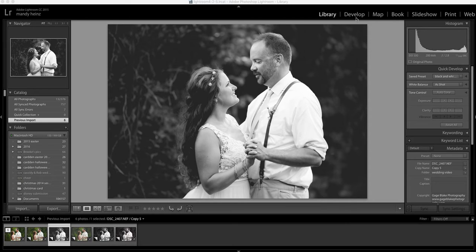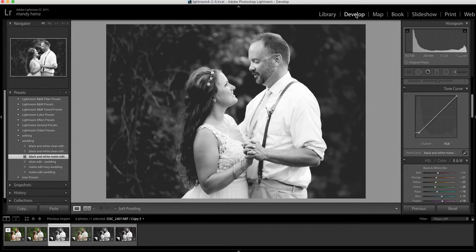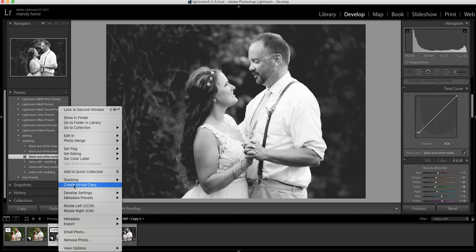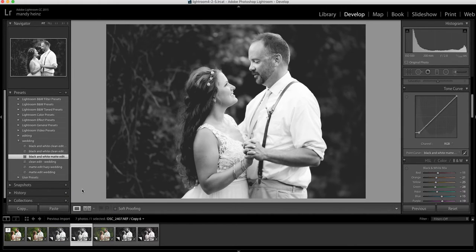I'm going to show you how to do a hazier matte black and white edit. This is the black and white matte edit that I just showed you how to create. So I'm going to create a virtual copy. And then I'm going to leave all of my settings the same and just add a little bit more haze